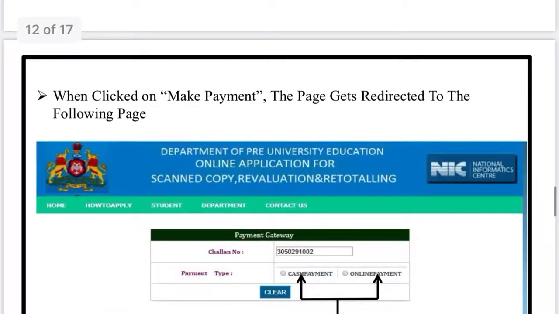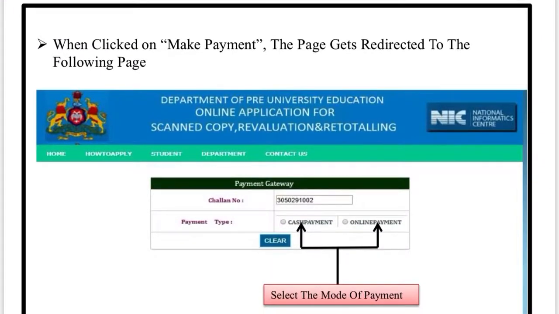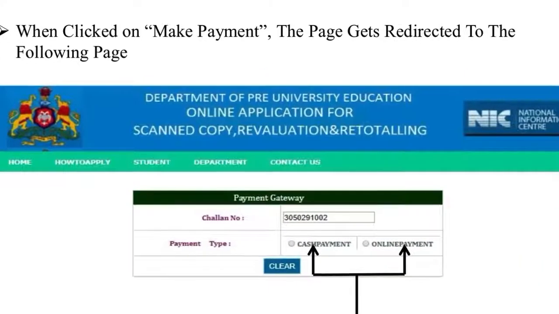Next you need to do the payment. Payment can be online or offline. Offline means you need to go to the bank and pay the money. If it is online, you can pay through your Paytm, credit card, debit card or internet banking. So here we are going to see how to pay.